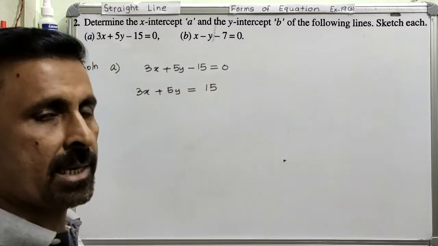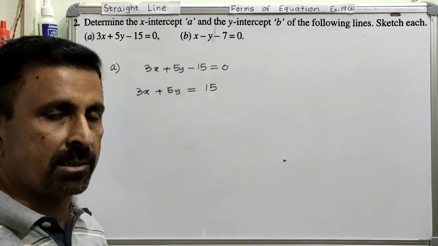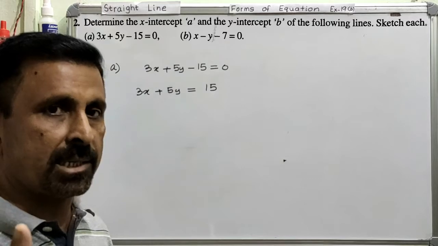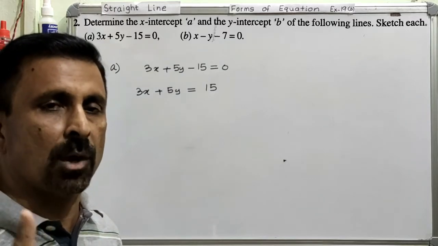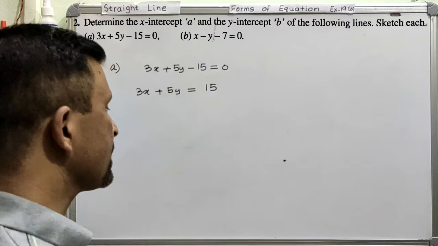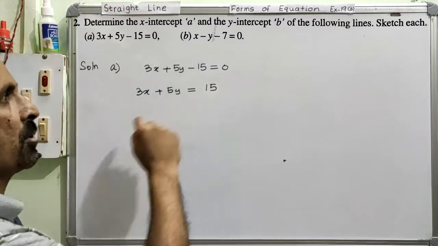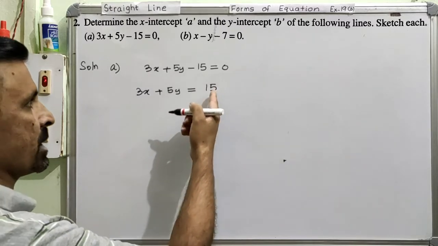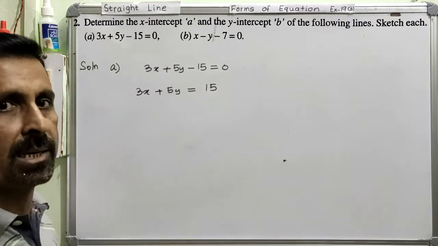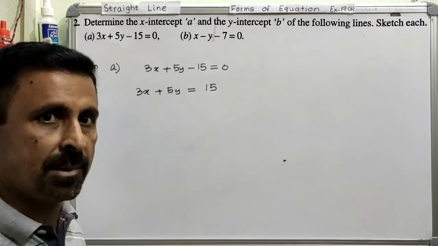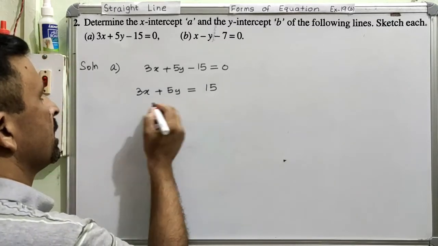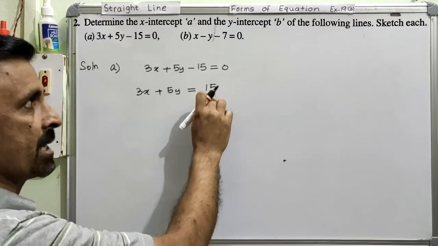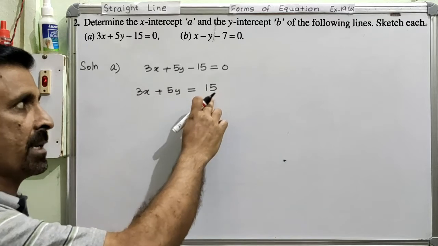And then in the intercept form, you can remember what is appearing on the right hand side. On the right hand side, we always see 1. In the intercept form, the right hand side is always 1. So here we will try to make this also 1. Clear? Once you make this 1, automatically you will be able to generate the x-intercept and y-intercept. So to make this 1, we will divide the number by itself. This is 15, so you are going to divide this by 15.